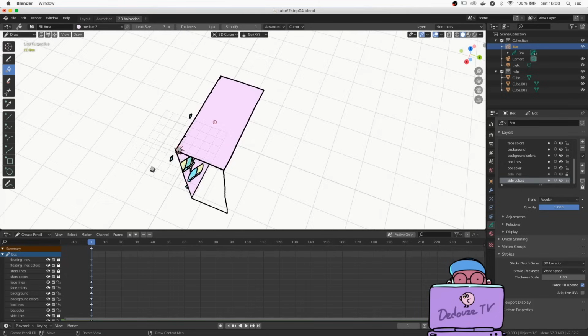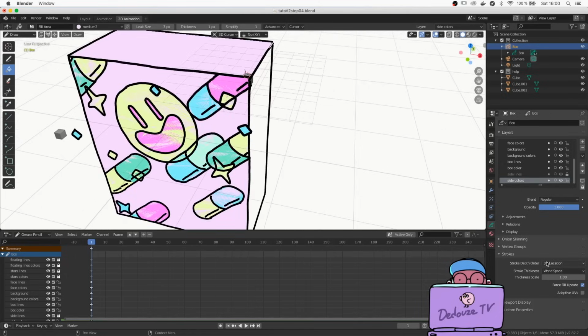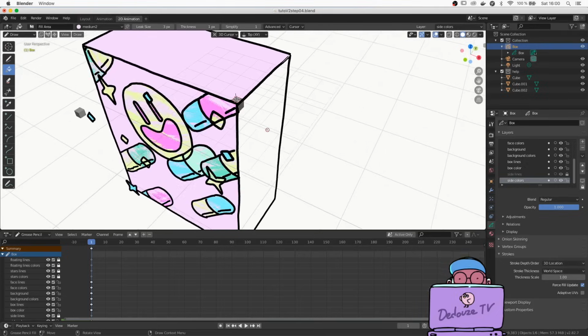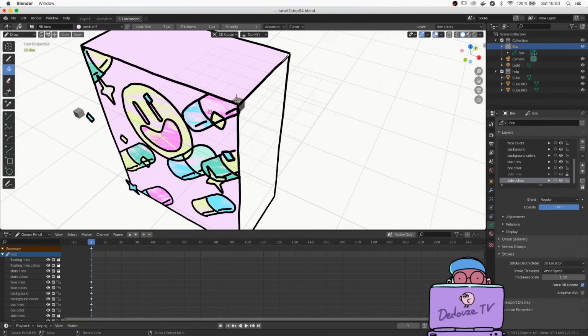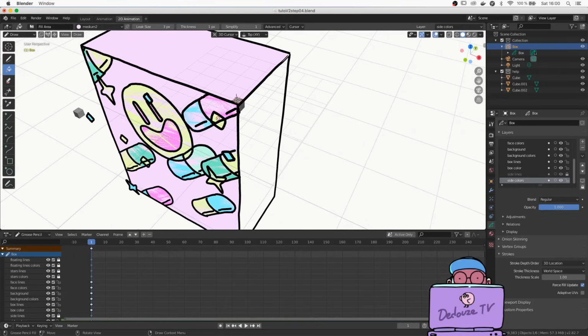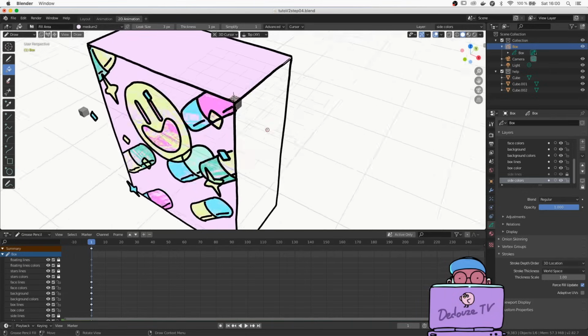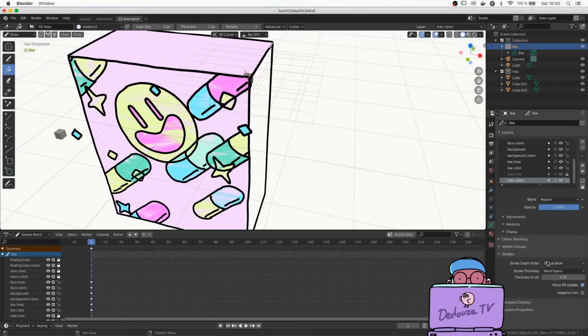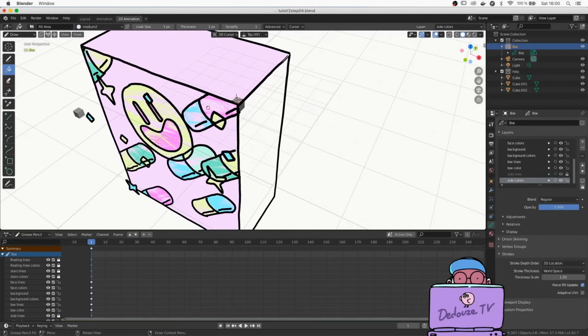But this means that, look at the front drawing here, we have these glitches on some colors. That's because we drew different color layers on the exact same place in space, and that's not possible in the real world. So, to solve this, when you choose this 3D location mode on the stroke depth order, you have to move the colors of your drawing a little bit so that they are not exactly in the same plane.